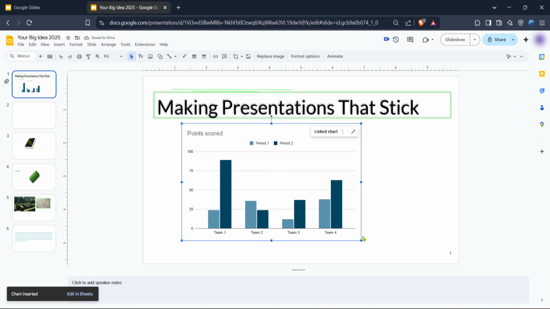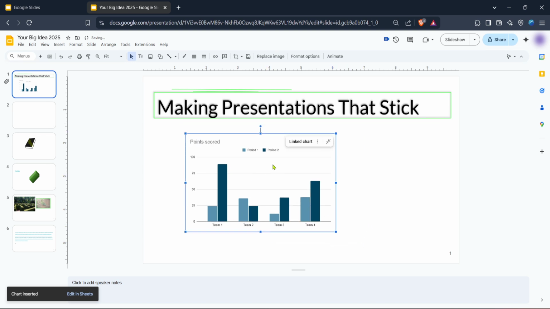Once you've inserted your chart, you can further modify it to fit the theme and data of your presentation. Simply click on the chart to highlight it and you'll see various customization options. You can adjust the size, change colors, or even directly import data from Google Sheets, ensuring your chart updates dynamically